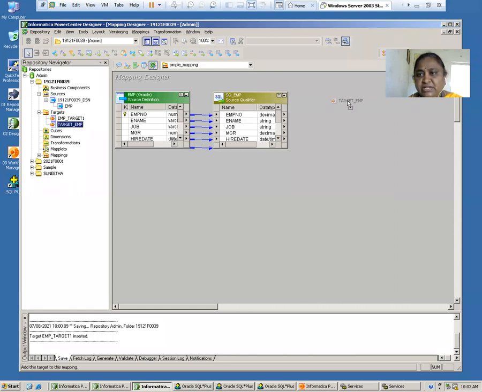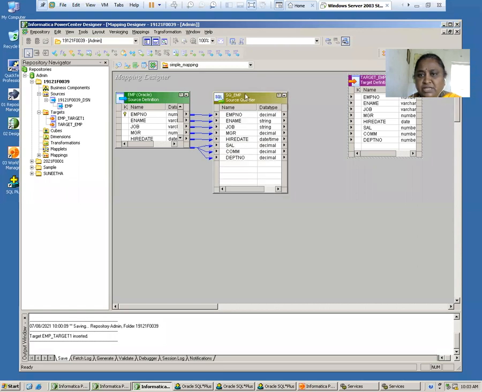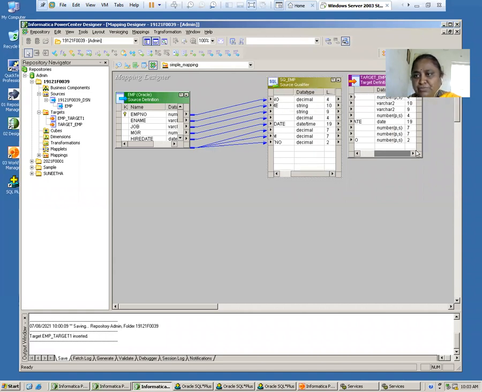I have previously created my target EMP where the structure of both my source and the target are the same. You can see both the tables. The data types should be matching. EMP number, and the data type also should be matching. It is decimal 4, number 4. String 10, varchar2 10. String 9, varchar2 9.